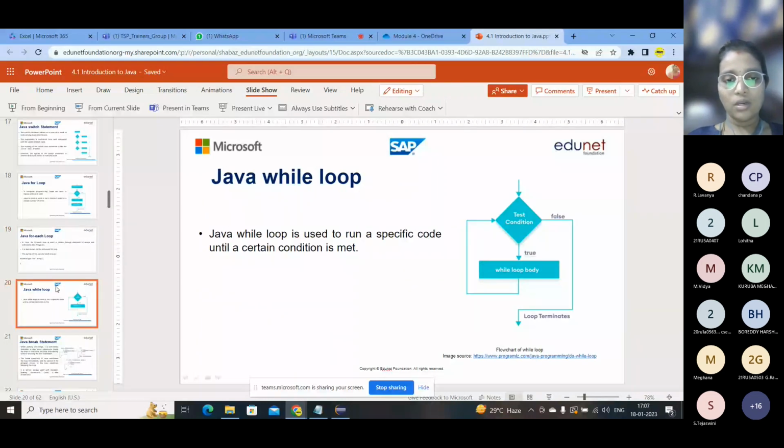And the Java while loop. Do you know the difference between a for loop and a while loop? This may be your interview question, so at that time you need to mention that with a for loop you are going to give some predefined values. For example, if I'm going to get the details for 200 students, then I will go with a for loop. But if I'm not sure how many students there are, and I don't have any idea, then I will move on to the while loop.